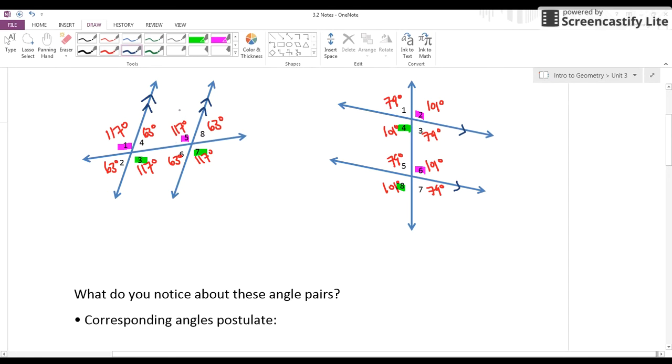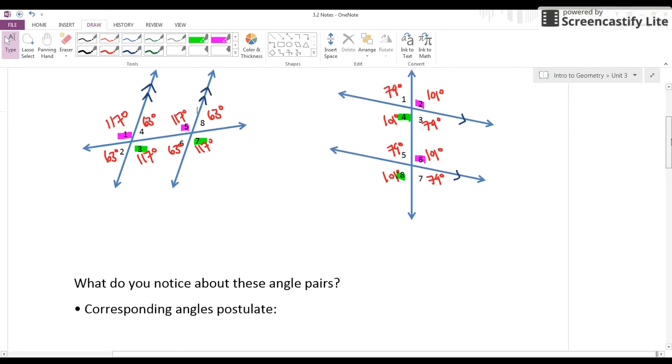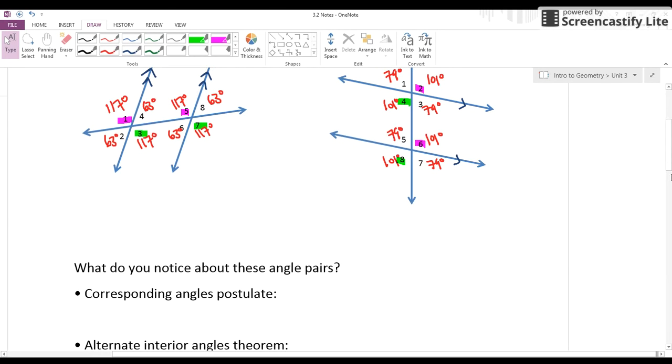All right, but going back to those corresponding angles, what did you notice? 1 and 5 here on the left, they're both 117, right? 3 and 7 are also 117. Here, 4 and 8, 101. 2 and 6, 101. So what are we thinking about these corresponding angles? Hopefully you're thinking corresponding angles are congruent, right? So again, not just any old corresponding angles, because our lines don't have to be parallel to make corresponding angles, but corresponding angles in parallel lines, remember that's the sign for parallel,